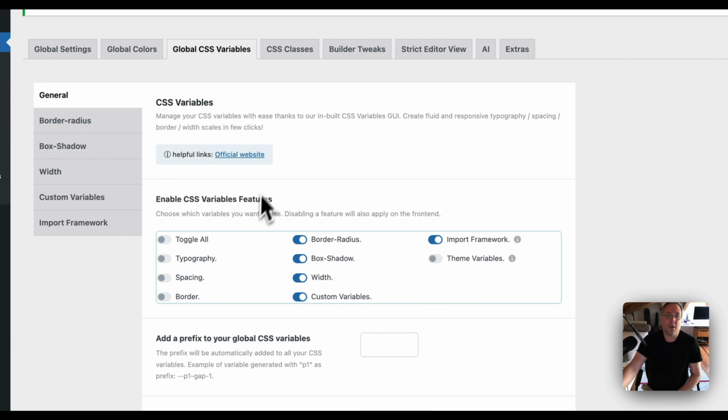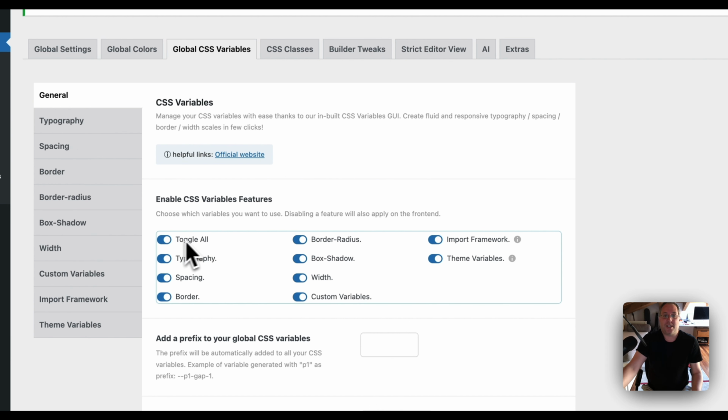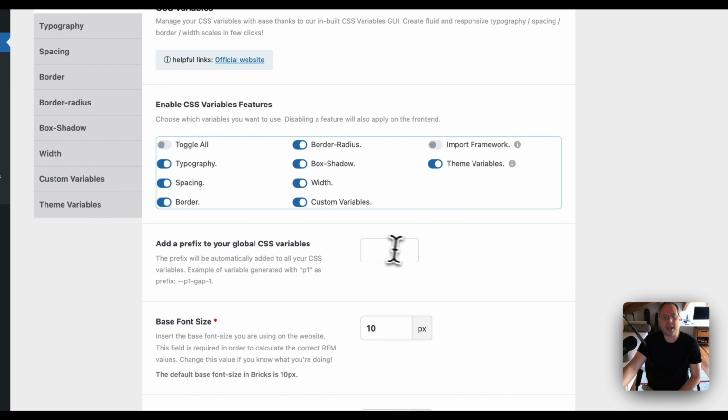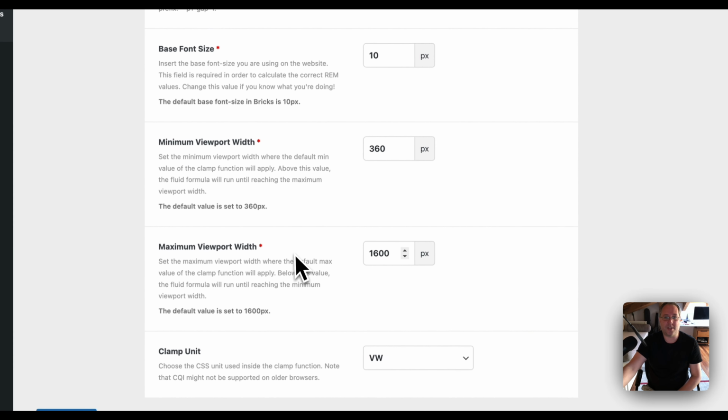Okay. My recommendation, if you start from scratch, is to leave them, of course, because we have some presets that you can use, and it just saves time. If you are not right now planning to import your framework, we can disable the import framework option. Okay, again, we can set a prefix for our CSS variables. Let's just use AT as always. And these are the settings